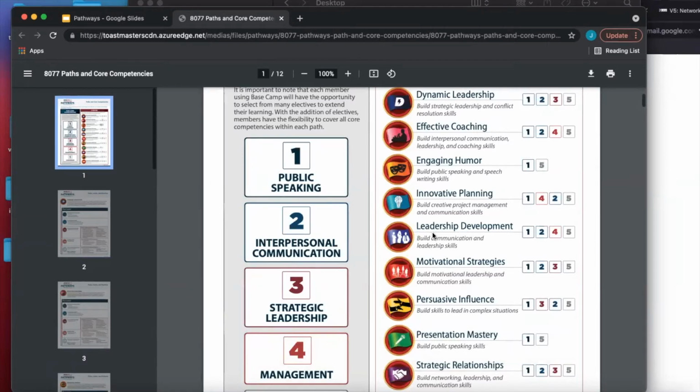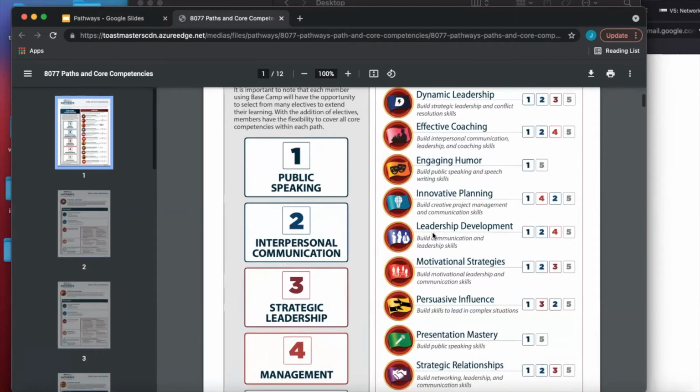In fact, the tagline for Toastmasters is where leaders are made. So leadership development is where you will learn the fundamentals of leadership, and the opportunities for learning leadership are huge in Toastmasters. There are so many different ways you can learn.